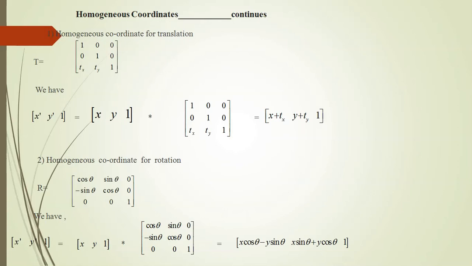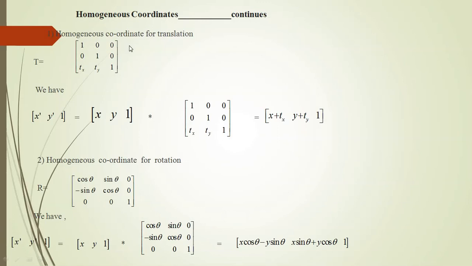The procedure is, suppose x, y is the original coordinate. If it is converted into the homogeneous coordinate, it is xw, yw, w. So xw is nothing but x into w, yw is nothing but y into w, and the extra dummy point w is equal to 1. So the value 1 is the default value. Here is our xw, yw and w. The w is the third coordinate, and its default value is equal to 1.